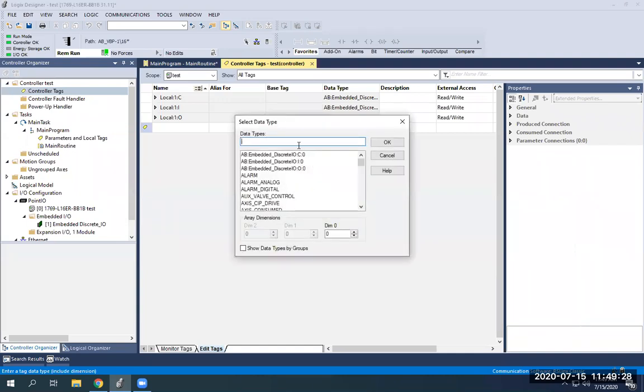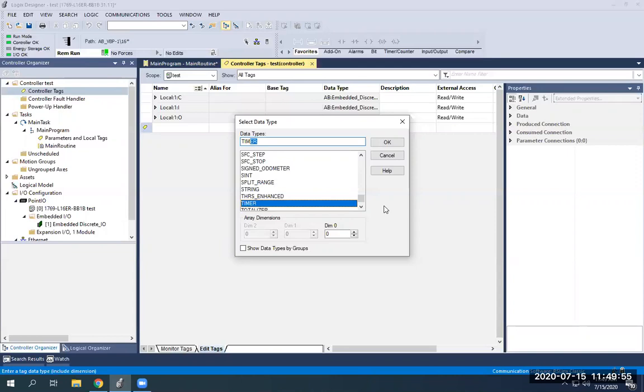Click on that box, and you can either type in timer, and it'll come up, or you can just search for it. Once I get timer highlighted, you can click OK, and that will create one timer for you, if that's what you want. But what I like to do is create multiple timers so I can use them in the program, because you can use the same timer for multiple functions, but sometimes you might need 2 separate timers for